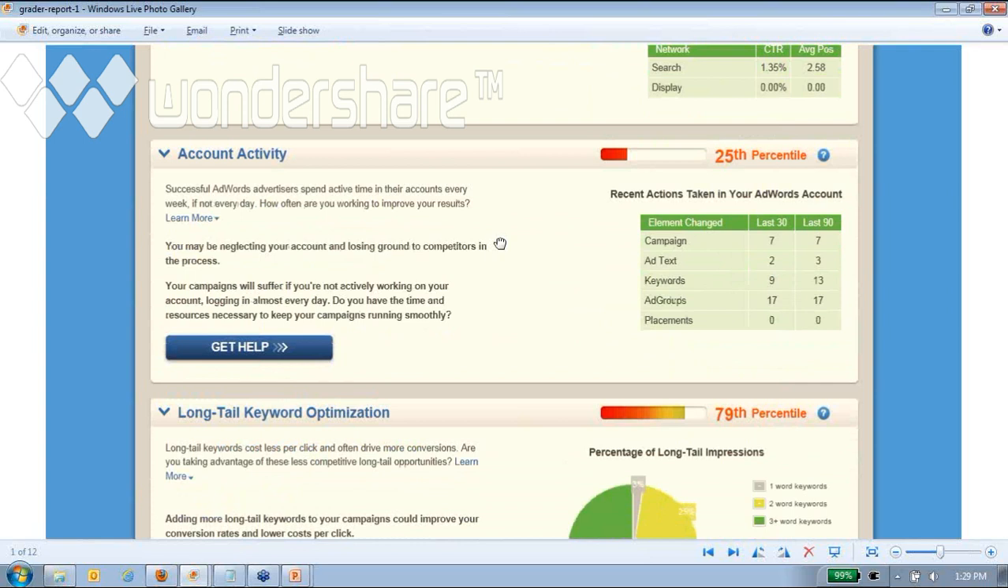Our next metric here has to do with account activity. Now, this is a very interesting metric. It's not traditionally a metric that's reported on in terms of your PPC management reports. Typically, you're probably thinking more like CTR and cost per click and cost per conversion, etc. One of the things that this interesting audit tool, the AdWords Grader, does is it grades your account activity, meaning we've noticed that successful AdWords advertisers tend to be a little bit more active in their accounts, like every week, if not every day. We just wanted to get a sense for how often are you actually putting in a